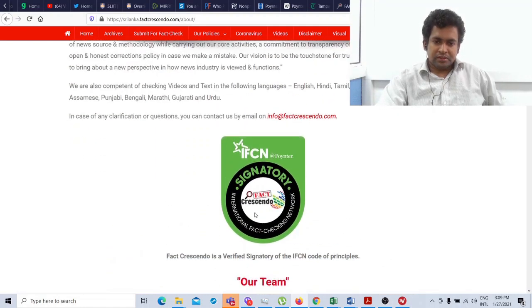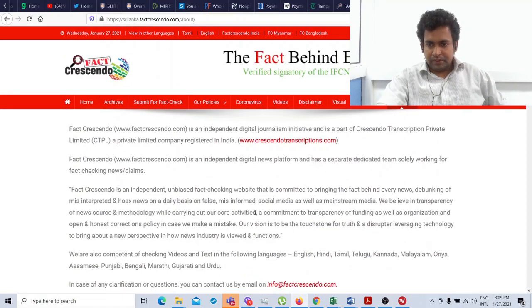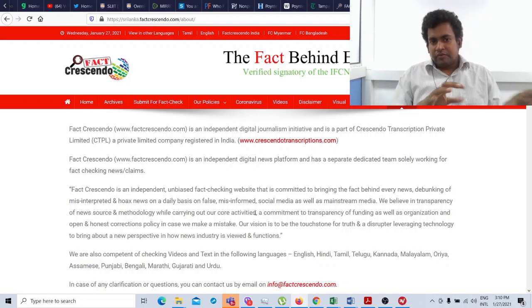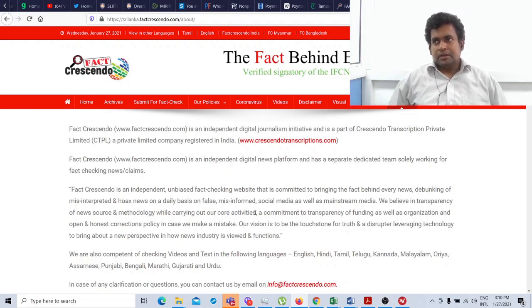The other issue is that when you have a private company, it's basically profit oriented. If I have a lot of money and there's some news circulating around me, I could be a government or a large corporation, I can pay you a lot of money to come up with a fact-checking article to identify some gaps in some article,